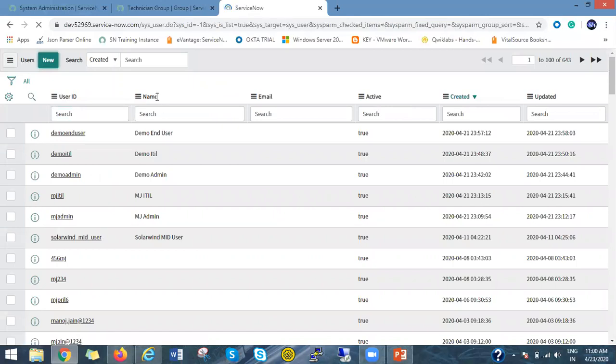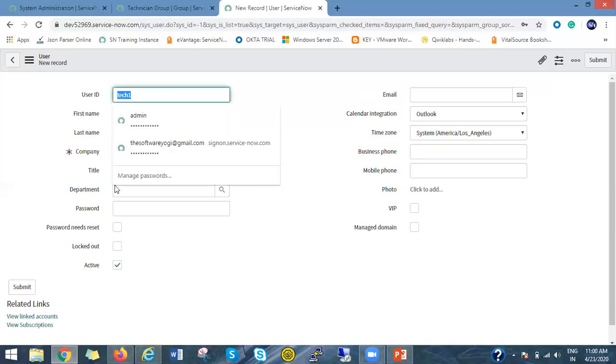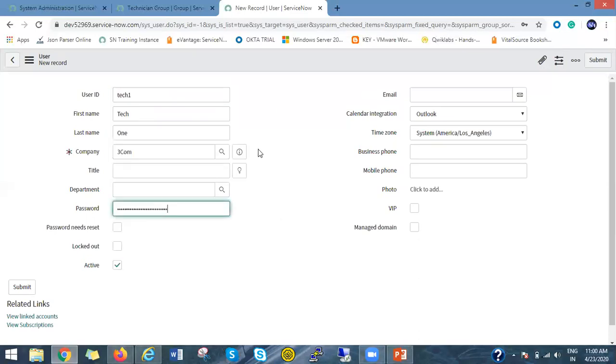Let's see, its ID is, let's say, tech1, and its password is also tech1. Okay, save this.